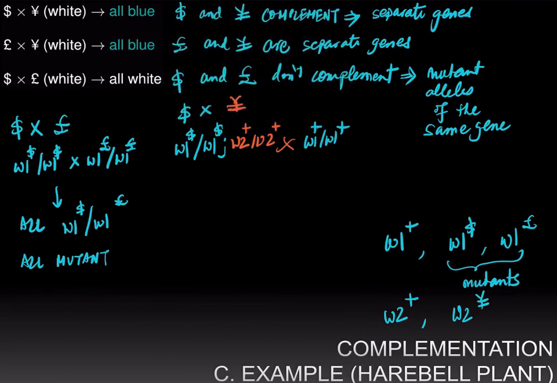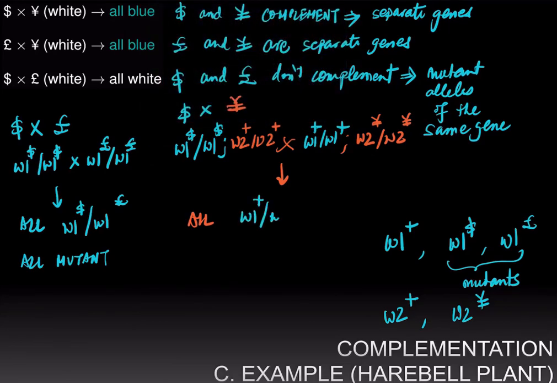And the second strain, the yen strain, is homozygous for the mutant allele of the second gene, so W2 yen over W2 yen. And all the progeny are going to be